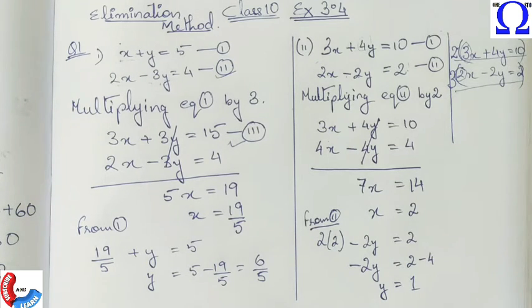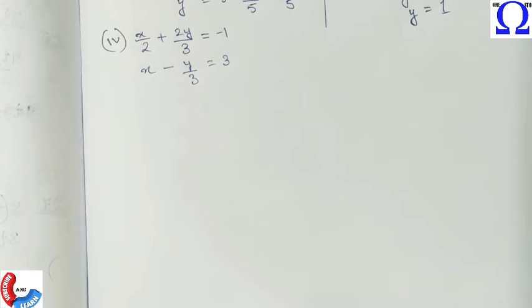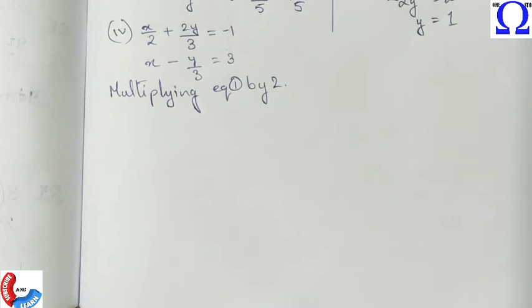Okay, I'll do the fourth part. I'm skipping the third part because it is the same as the second part actually. For the 3x of the third part, this first equation will be multiplied by 3, so that 3x and 9x will be there, and we will subtract these two equations. By subtracting, we will be eliminating x here. That will be the easy part. There is no difference in the method, just the approach is different.